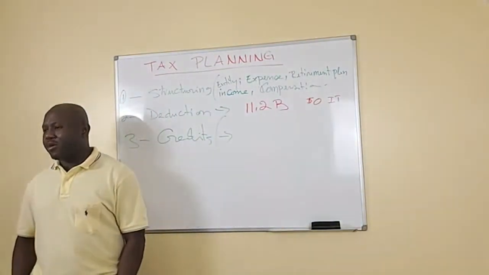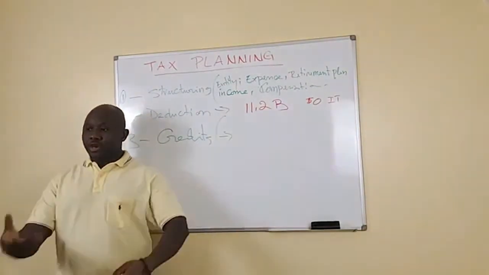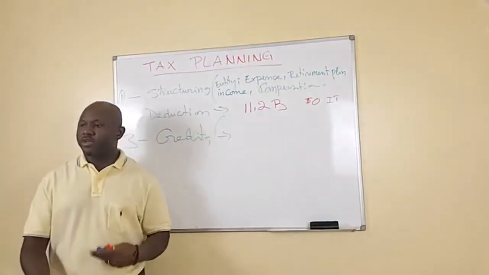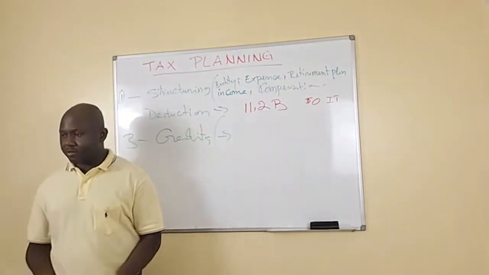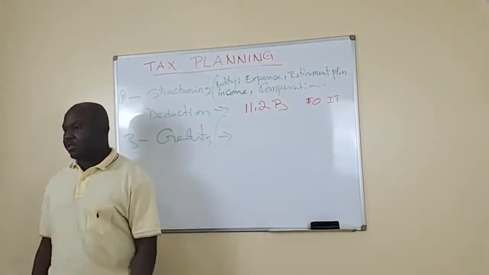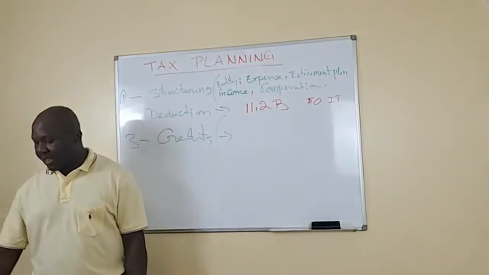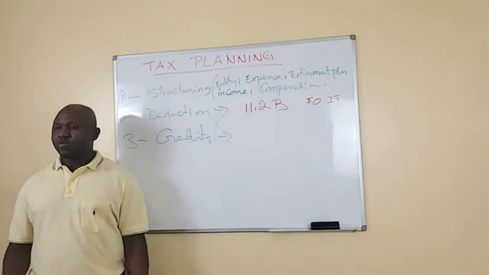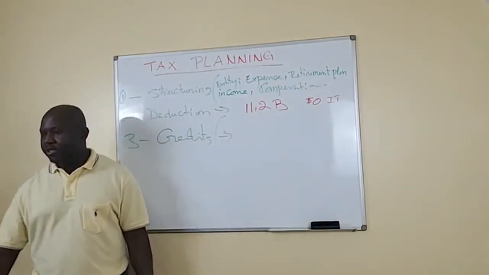Why? Because it is the plan. Some plans are even done for years. That means you implement a plan today because you know it will give you results in the next 2, 3, 4, even 5 years. Yes, that's planning. And that's exactly what Amazon did. That's what it did. And an example of what it was able to take, it took more than 100 million on what is called net operating loss.